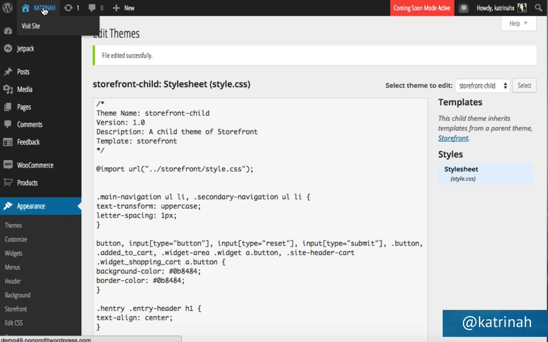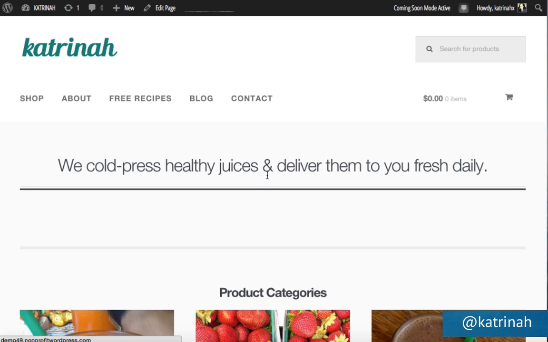Next up, let's go back to the site by clicking on Visit Site. And now we see that the title is now centered exactly how I want it. Now I'm not sure if you really could see it in the video, but there's sort of some kind of background here. There's a white header area, and then when we move into the content section of the home page, there's this off-white color that starts right about here. So I want to turn that completely white so it matches the header above.